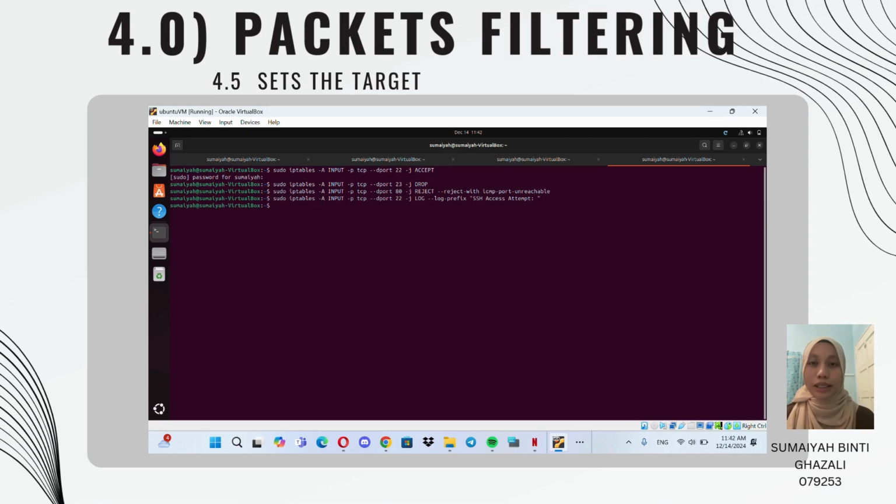Today, I will explain some basic iptables commands for managing firewall rules: accept, drop, reject, and log. First one is the accept command, which is the accept